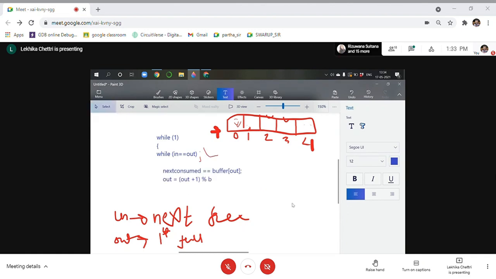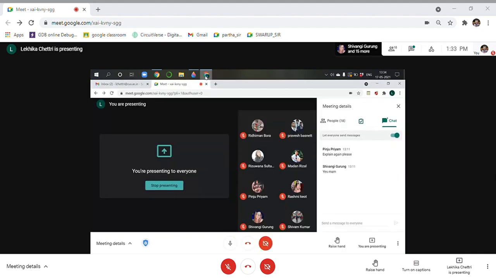This is your simple consumer program. Now, using this consumer and the earlier explained producer, you'll have to implement the producer consumer problem. Any queries, students? This is your producer consumer problem. You will implement it in the lab. The choice of data structure is yours, and you will have to submit it to me in a week's time. You will not email me; I will create a Google Classroom for your lab. You can upload there.